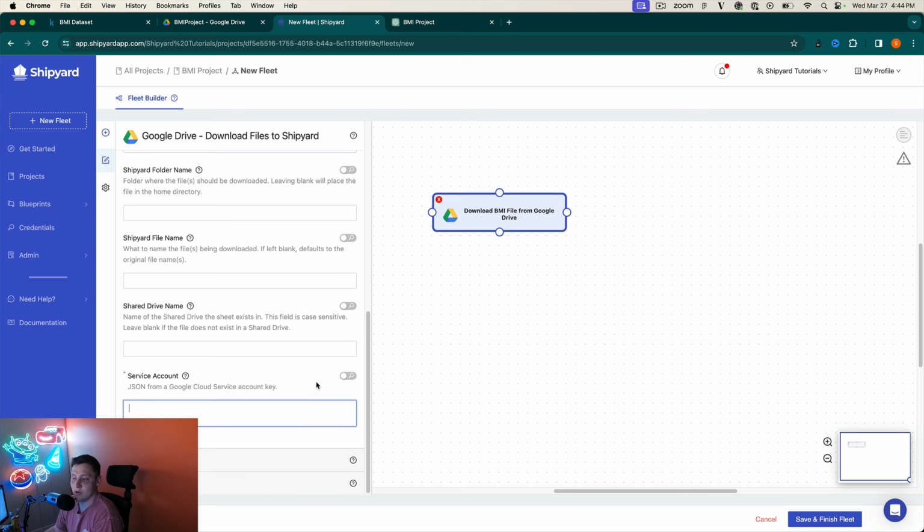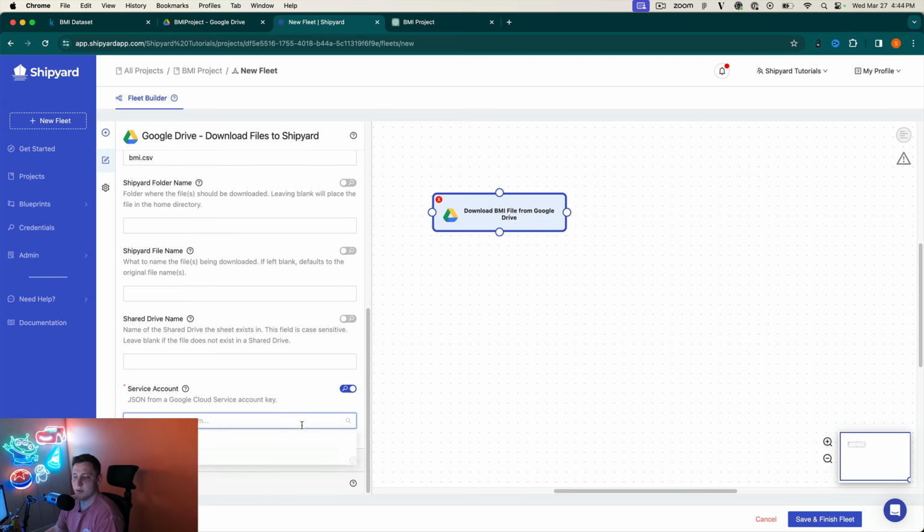The only thing else we need is our service account in JSON. So I'm going to use our credential to do that. We already have that set up here. And Google application credentials, perfect. So that is set up there. So that's going to pull that file in, and it's going to download it, and it's going to allow us